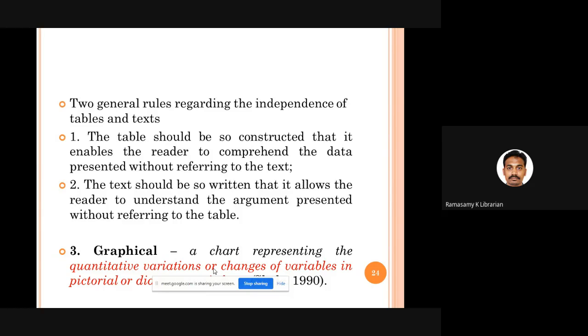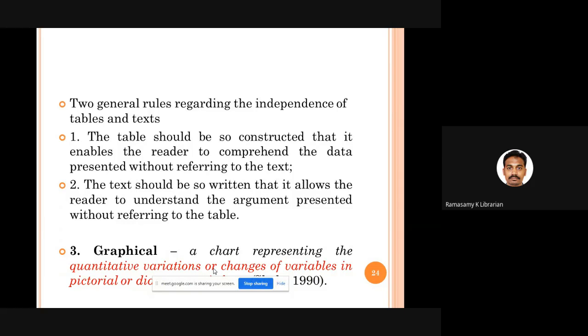They should not go and read the text to understand the table. At the same time, what you write in the text should be self-explanatory. People should not be directed to the table to understand the text. So both should be independent of each other, self-contained. Okay, fine.